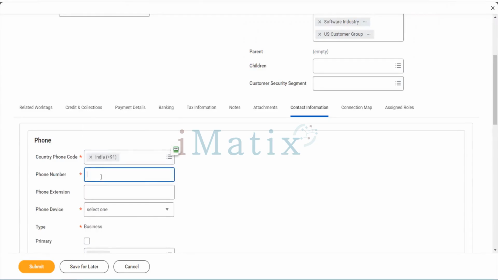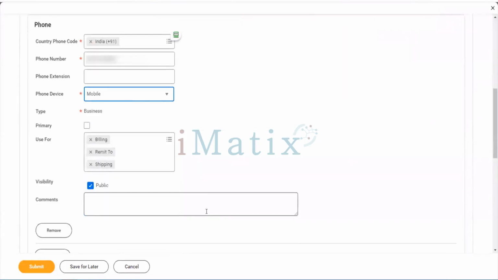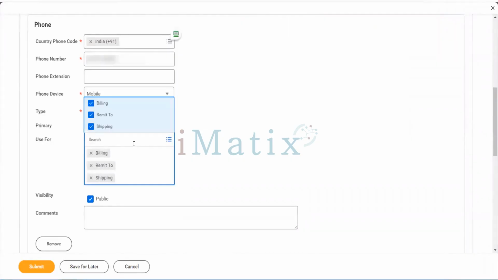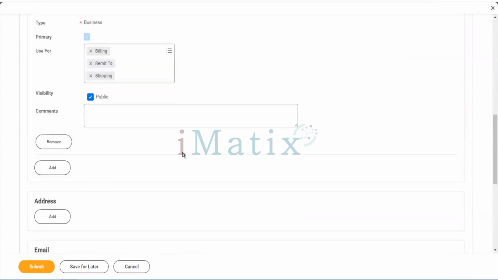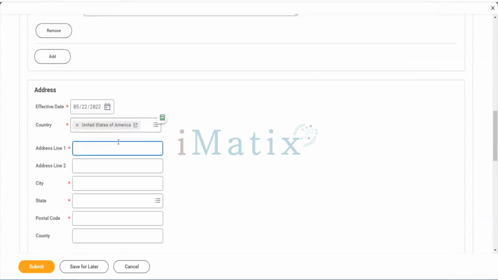Phone number, phone device, if it is a mobile or landline or anything, and if it is a primary phone number, like the main phone number of the customer. If it is yes, then it would be useful for billing and you can have it for shipping queries. Then you can add an address. Let's add an address here.